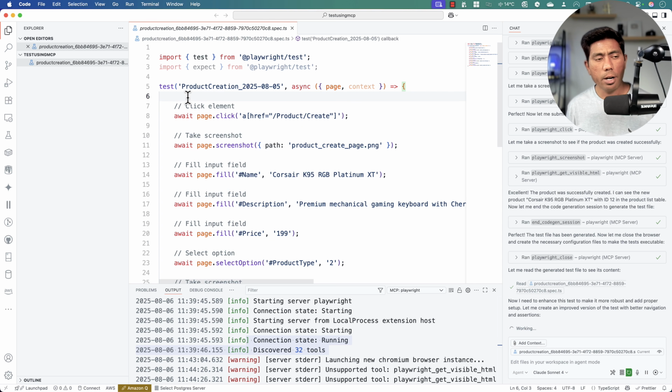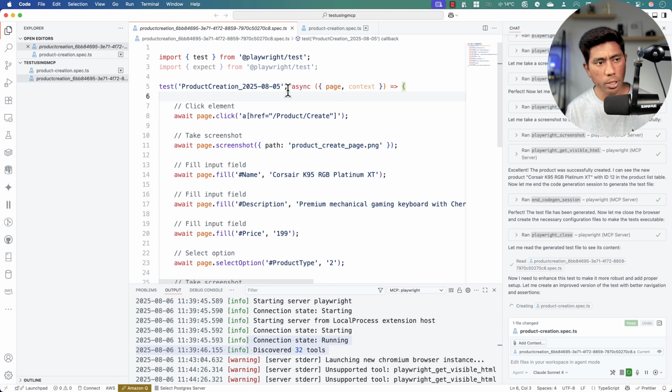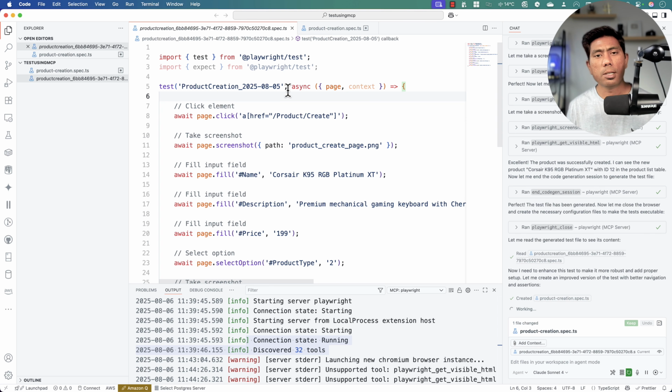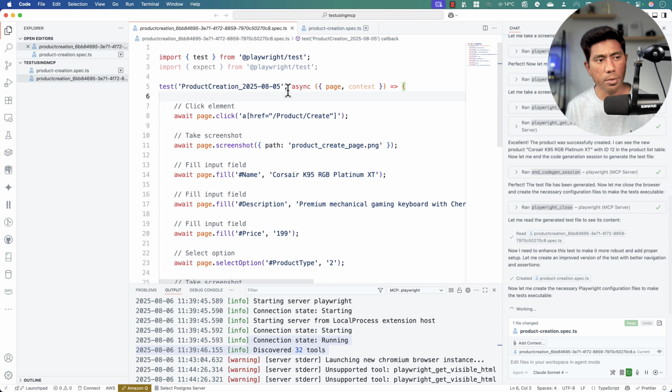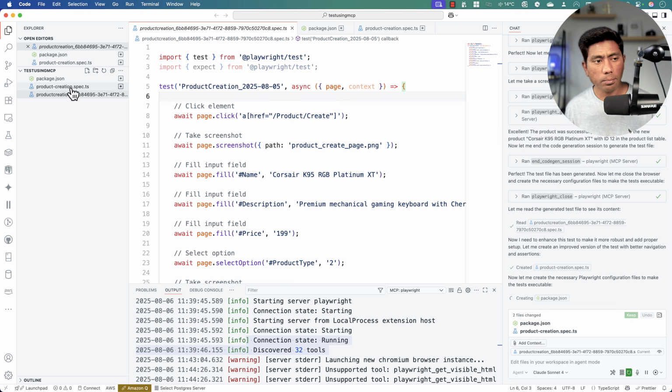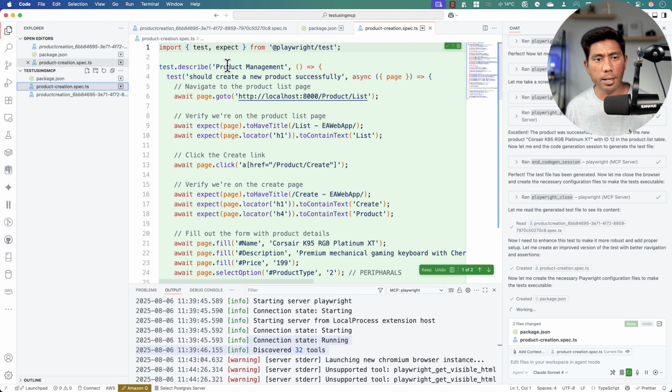But for a newbie, like a person who has never used Playwright before, they need to have not just this test, but they also need to have the Playwright configuration to work in different browsers. They also need to have multiple different permutations and combinations of the test, which can be created using the spec file. See that we have got a spec file over here. It says the product